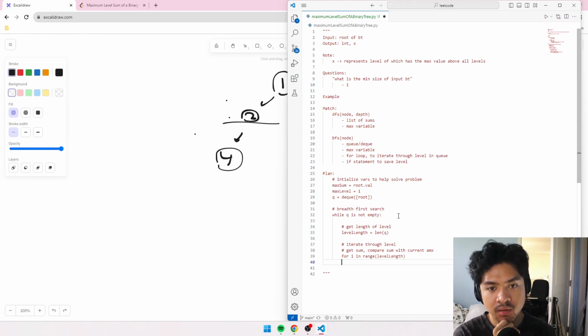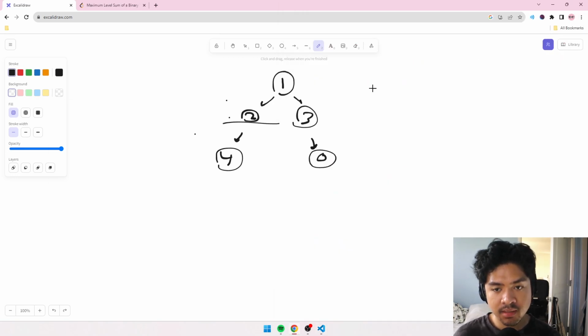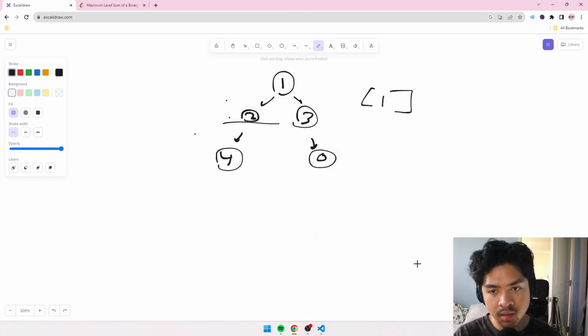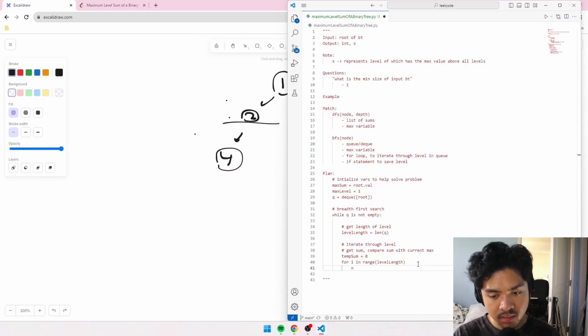Let me think. So I want to get temp sum. I want to have a temp sum, so temp sum is equal to 0, right? So with this temp sum, I'm going to basically pop left of everything. So here we have just 1, right? So what we want to do is pop that 1. So node is equal to pop left, and then I want to say if node,